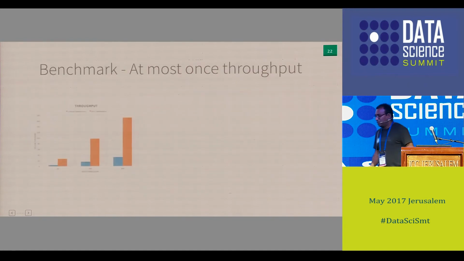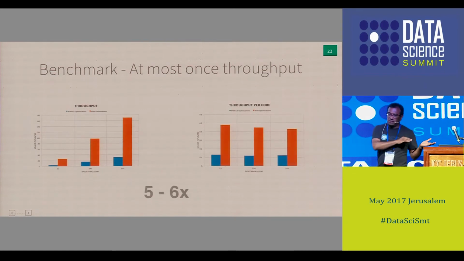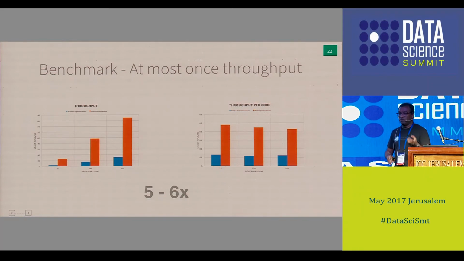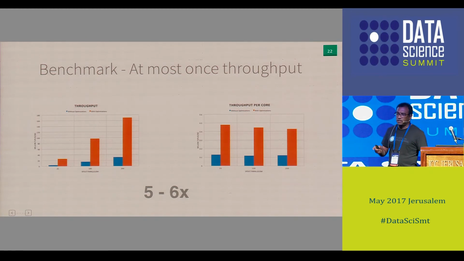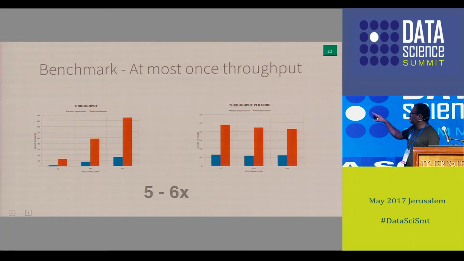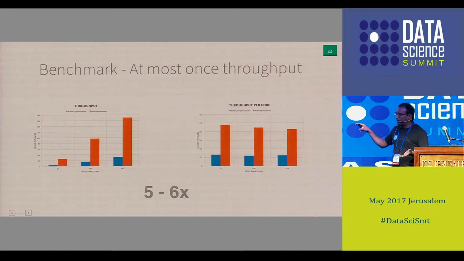As you can see, in the at-most-once mode, where the data is processed with best effort, if there is any loss of data because of failure, that's done, and we don't do anything about it. But in this case, the throughput improved by 5 to 6x. As you can see, with 17 machines, you can do 170 million tuples per second with the new performance. Then we looked at how much throughput per core we are getting compared to the previous versions. We are getting around 5 to 6x improvement in throughput itself.